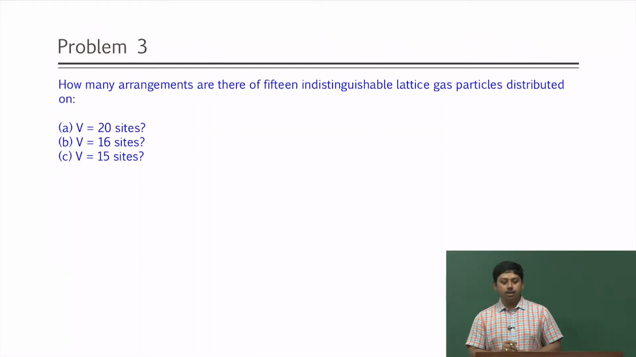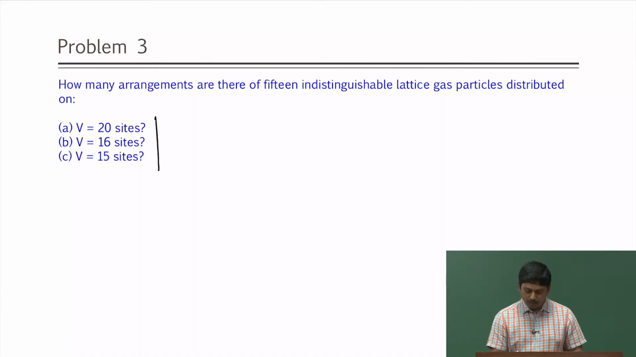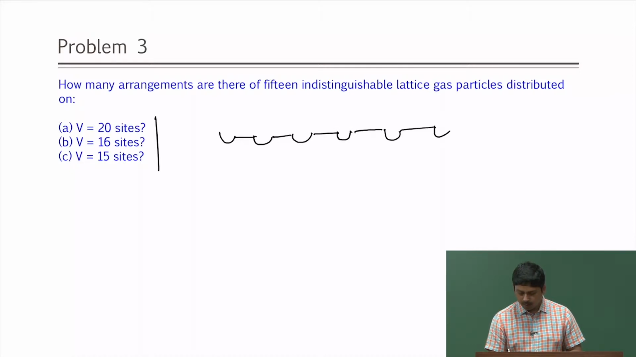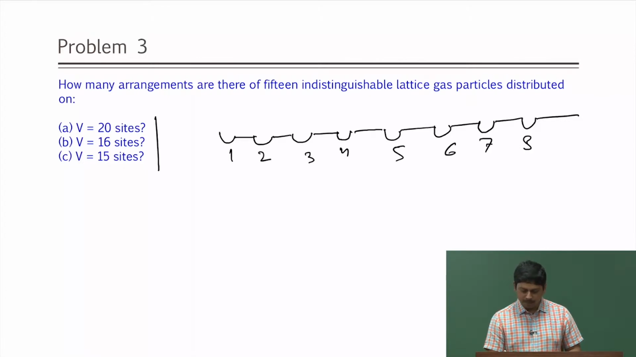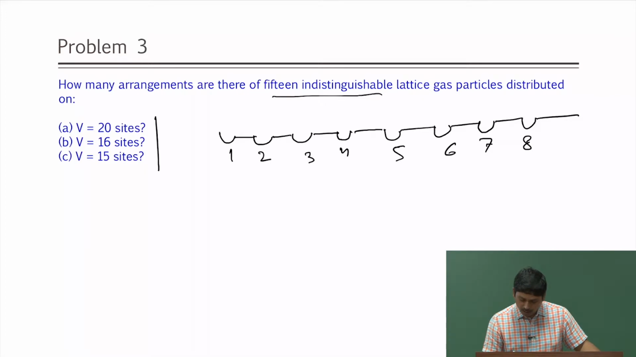Okay, coming back to the third problem, how many arrangements are there of 15 indistinguishable lattice gas particles distributed on 20 sites? So, this problem I can draw like this. There are sites. These sites are distinguishable sites. I can name them as 1, 2, 3, 4, 5, 6, 7, 8, and there are 15 indistinguishable